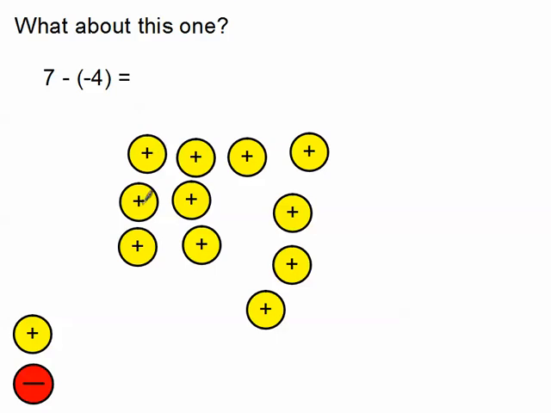And if I just add up how many of these I have, it will tell me what my answer is. And if you look at that, you get 7, and you add 4, you end up with 11. Simple as that. But now, we have to ask ourselves, what did I do to this 7 and this 4 in order to get an 11 out of it? Well, really what we did was we had to take the 7 and we had to add 4 in order to get 11. So what we kind of notice is that this minus and this negative, they actually go together